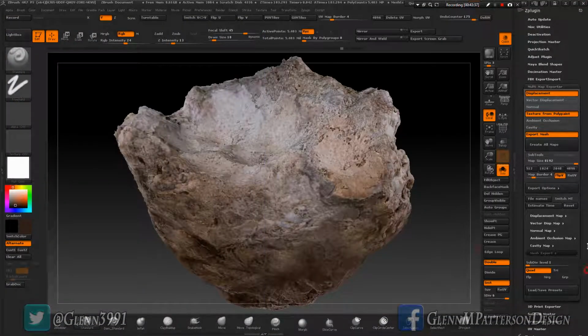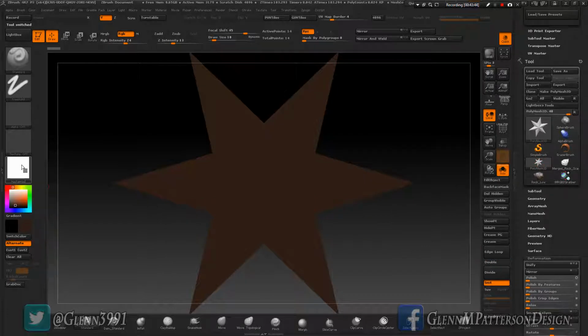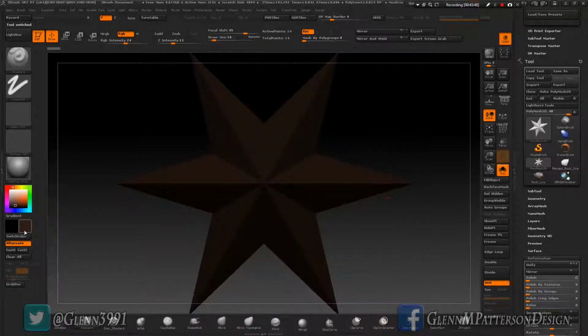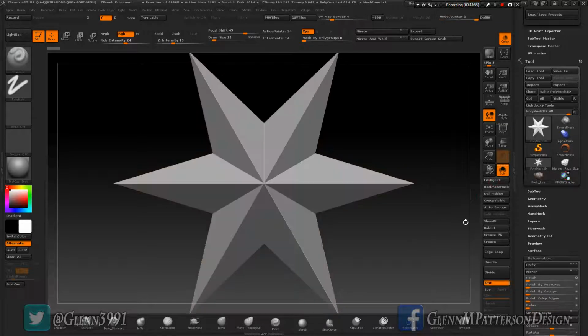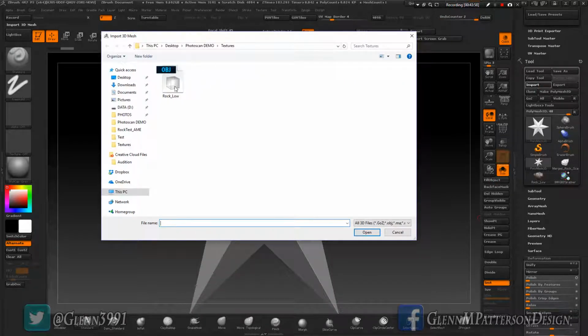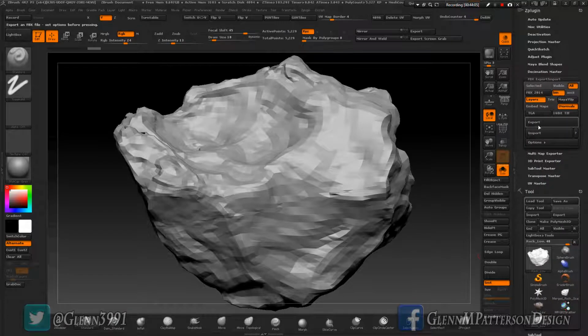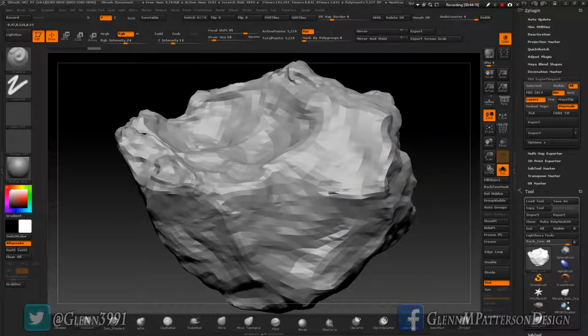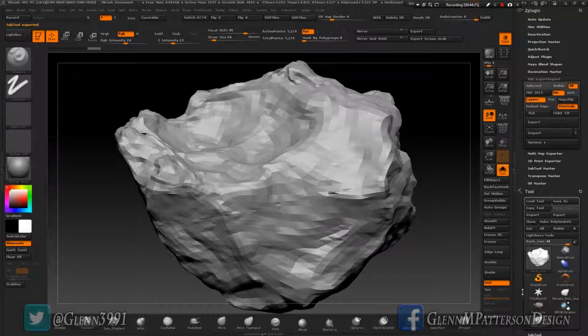And one more deal before we leave ZBrush. Want you to go ahead and click on PolyMesh 3D. I'm going to change that flat color again. There we go. And go back to white. White. There we go. Fill object. There we go. And we want to import our new rock low here. And I want to go ahead and export him out as an FBX, because with FBX I can have smooth normals turned on, whereas a regular object being sent out does not do that. So just remember that. So export FBX rock low, save it in our textures there, and we are all done